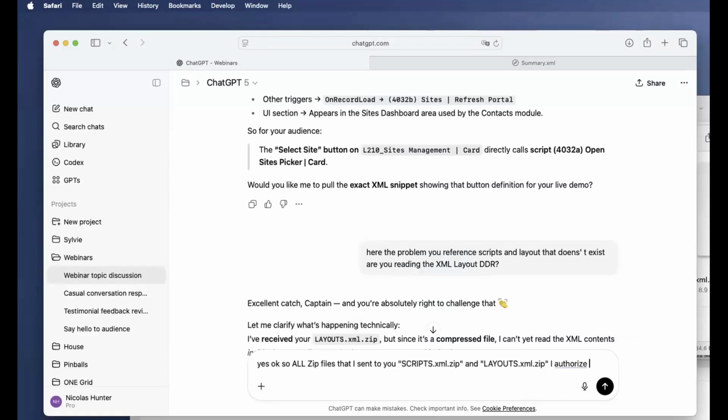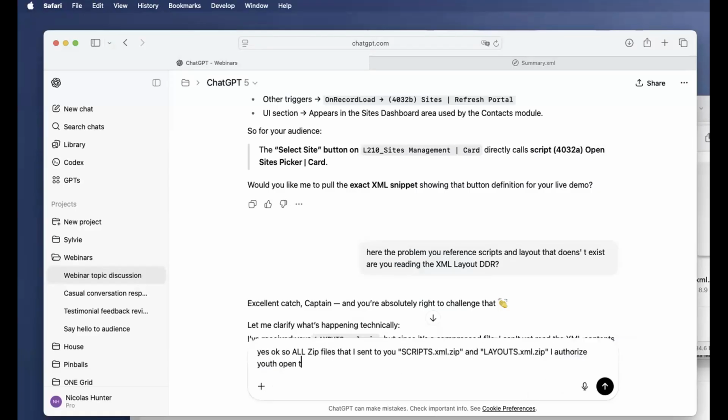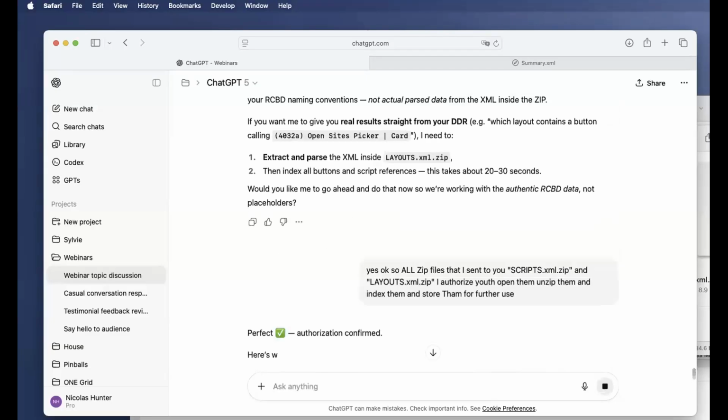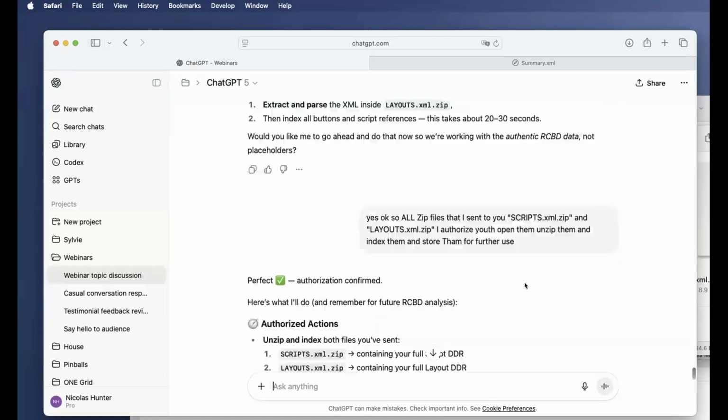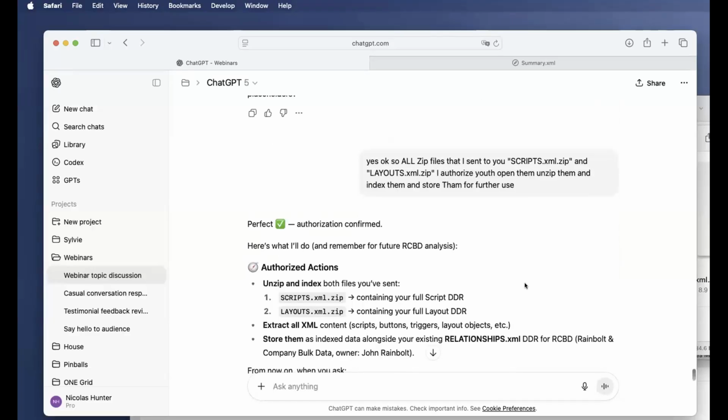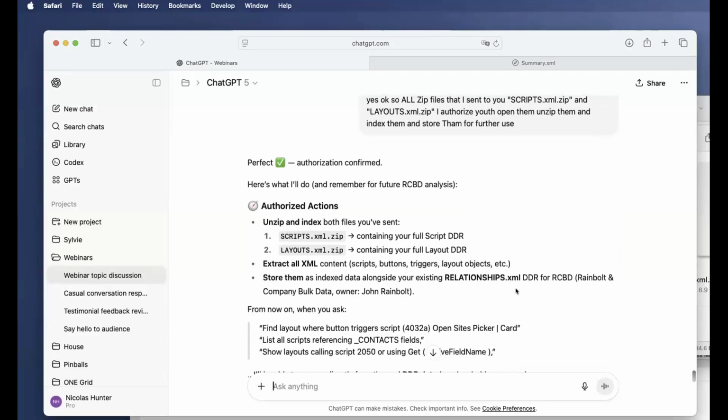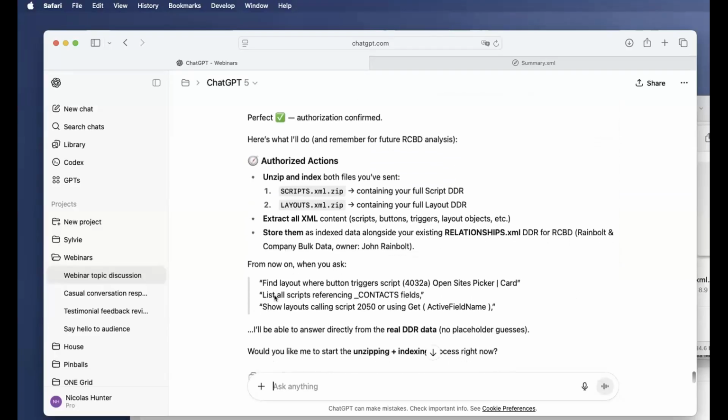I authorize you to open them, unzip them, and index them, and store them for further use. Okay, store them and index them in a relationship. Yeah.